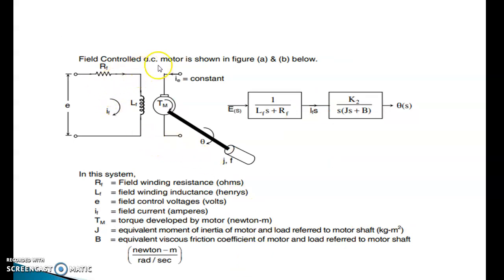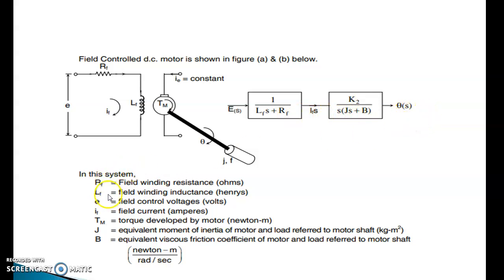The field control DC motor is shown in the figure below. This is the resistance, this is the inductance Lf, this is the external field, and this is the armature circuit. The shaft is connected here, rotating angle is theta, and this armature current Ia is constant. So Es, 1 by (Lf s plus Rf) into If s, K2 by S whole into (J s plus B),